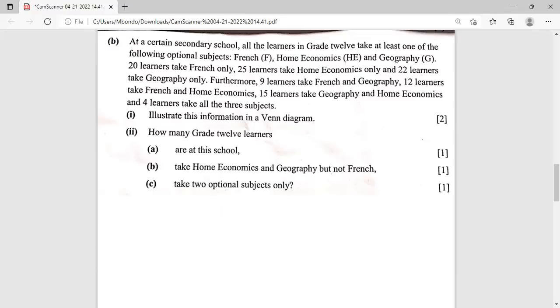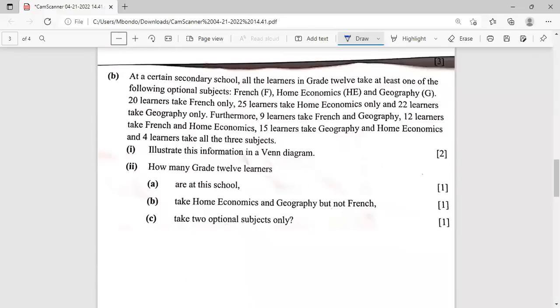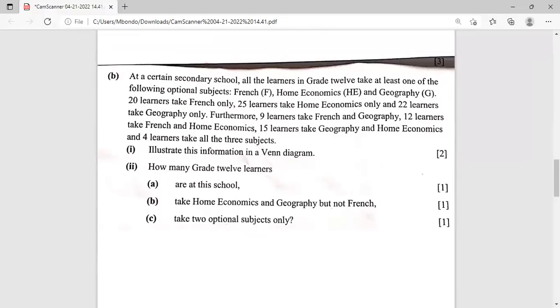At a certain secondary school, all the learners in grade 12 take at least one of the following optional subjects: French, home economics, and geography. 20 take what? Okay, so we have